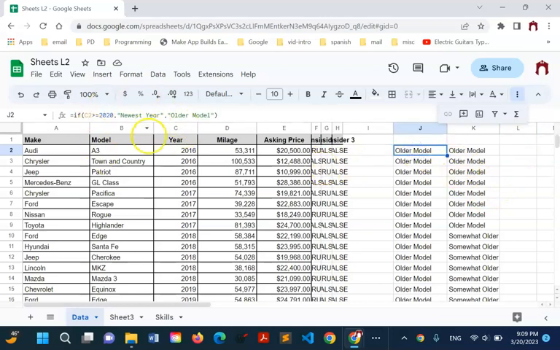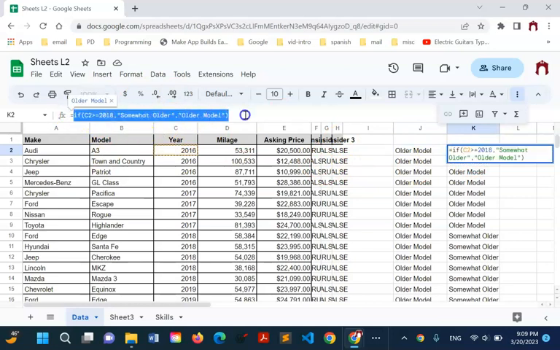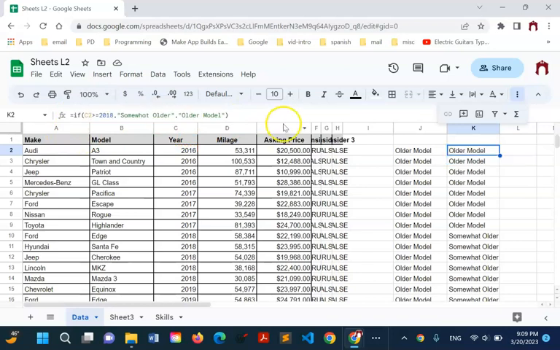So, this first formula, I'm going to click here, and I'm going to copy this formula, not the equal sign, but everything else. So I copied it, it's on my clipboard. Let's get it again. Copy it. And then I'm going to hit the escape key because I don't want this to increment. It's copied, but if I just copy and paste it, it's going to try to change this reference. So I hit the escape key, and I come into older model, and now instead of older model here, which identifies everything that's not 2020 or newer as older,